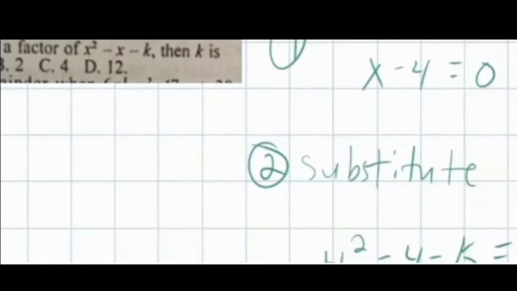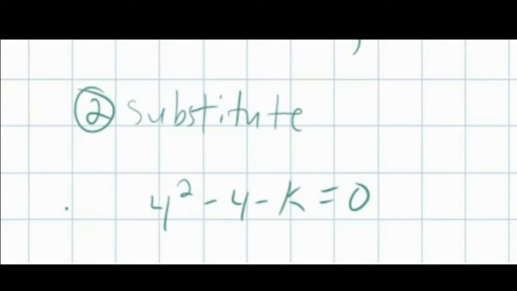Question 12 says if x minus 4 is a factor of x squared minus x minus k, then k is, and it wants us to solve for k. So the first thing that we want to do is set x minus 4 equal to 0, because it's going to be a factor of this equation that they give us. So after we set x minus 4 equal to 0, we'll find that x is equal to 4,